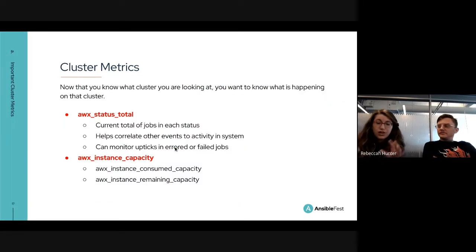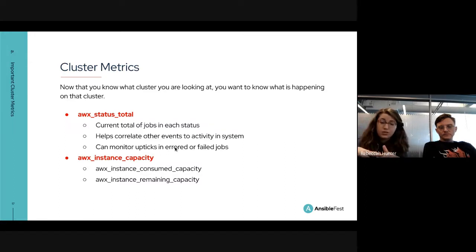Now that you have an overview of what you're looking at, you're going to want to know what's happening on the specific cluster. We have 2 listed here, AWX status total and AWX instance capacity. These are helpful when compared in relation. AWX status total is the current total of jobs in each status.